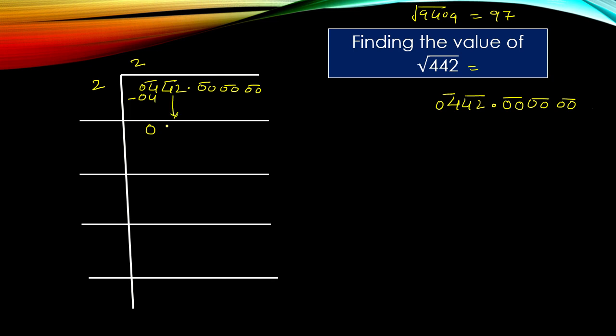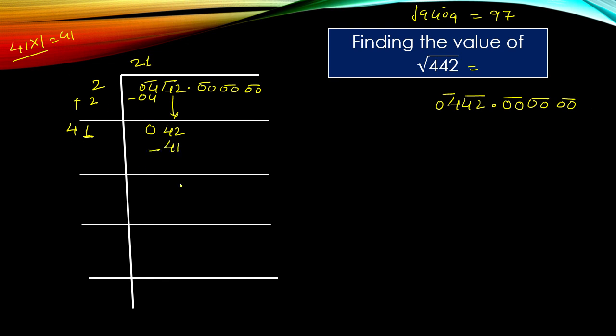Bringing down this 42 and now adding 2 over here, we get 4. Now we are keeping a place over here for a digit. If we put 1 in this place, the number becomes 41, and we multiply the number by the same digit and get 41. This is the second step of the question. 41 is very close to 42, so we can move with this 1. We keep here 1 and multiply 41 by the same digit 1. So 41 ones are 41.